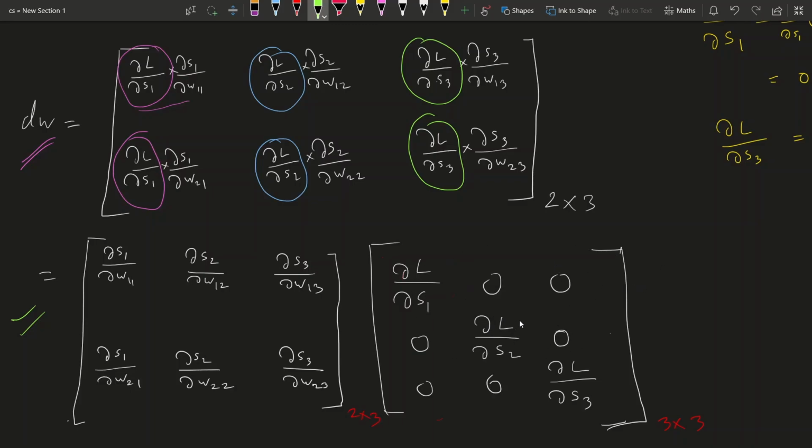This is a diagonal matrix with the diagonal elements del L by del S1, del L by del S2 and del L by del S3. Now if you multiply this, then del L by del S1 will be multiplied to the first column, and this 0 will be multiplied to the second column, and 0 will be multiplied to the second column as well,